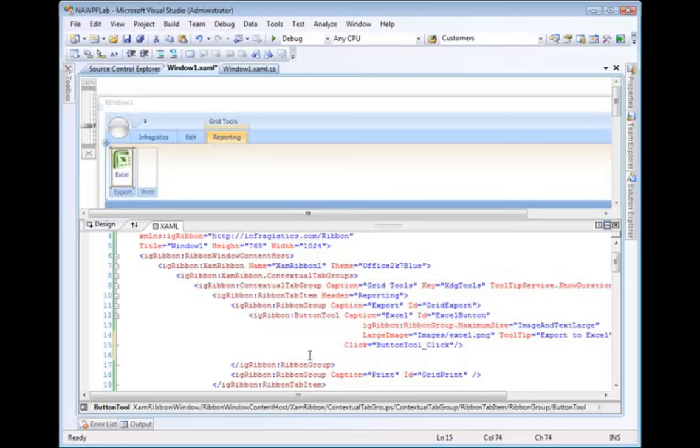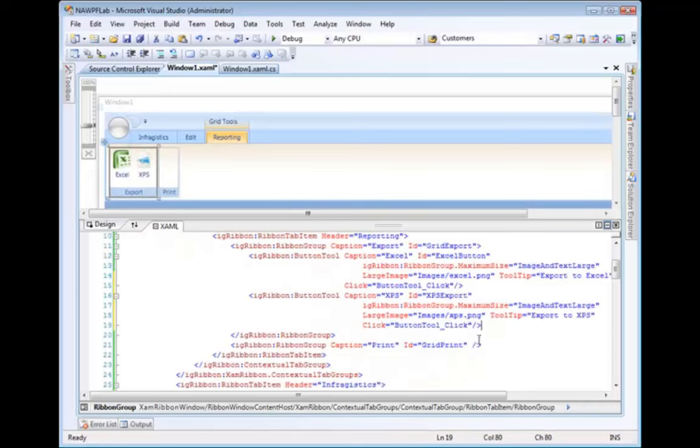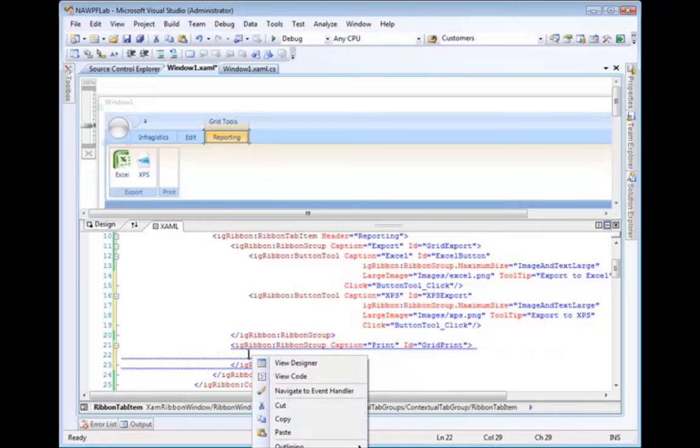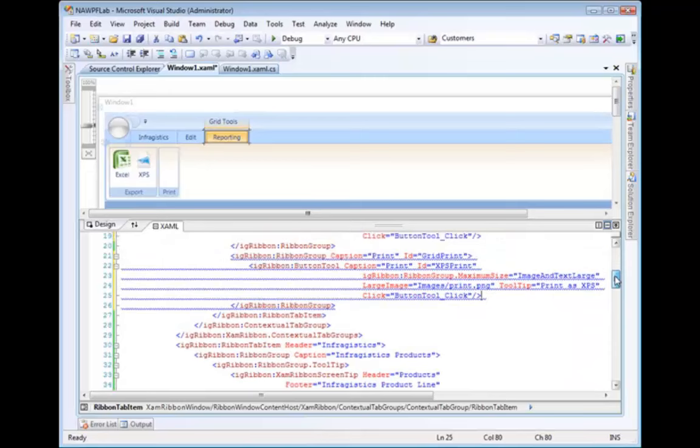Next, we'll add a second button tool to the Export ribbon group with its caption set to XPS, its ID set to XPS Export, its maximum size set to image and text large, its large image set to images/xps.png, and its tooltip set to export to XPS. Next, we'll add a new button tool to the Print ribbon group and set its caption to Print, set its ID to XPS Print, set maximum size to image and text large, set large image to images/print.png, and set tooltip